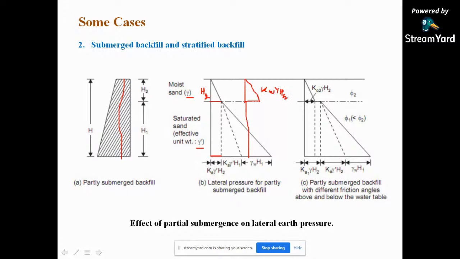लेकिन गैमा डैश हमको क्यों कंसीडर करना है, दैट इज आई विल एक्सप्लेन। फिर ये जो हाइट है आपकी, ये आपकी हाइट हो जाती है H1 की। तो H1 के लिए यहाँ से फिर से आपकी इंटेंसिटी बढ़नी शुरू हो जाती है और ये इंटेंसिटी ये हाइट तक आ जाती है। ठीक है, तो यहाँ तक आपकी बढ़ गई है। तो हम लोग क्या कंसीडर करेंगे कि ये जो हाइट है यहाँ से हम लोग इसे नीचे कंसीडर करेंगे। ठीक है, ये कंसीडर करने के बाद ये इंटेंसिटी यहाँ के लिए है।